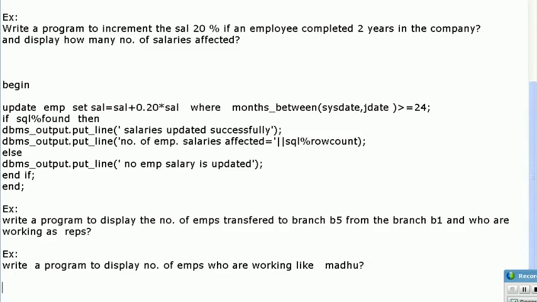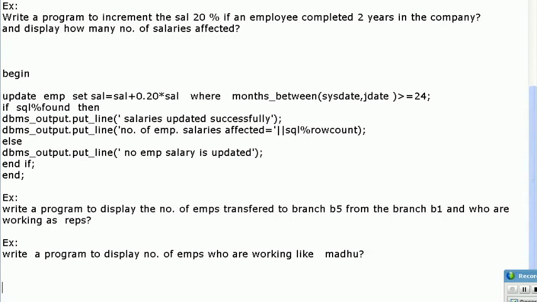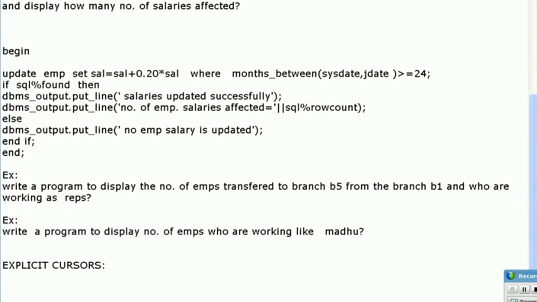next one. Yeah, so let me go for explicit cursors. So these are very important. Explicit cursors. So till now we have written so many SQL queries. By using SQL queries within a program, we cannot display or we cannot fetch multiple records, or we cannot